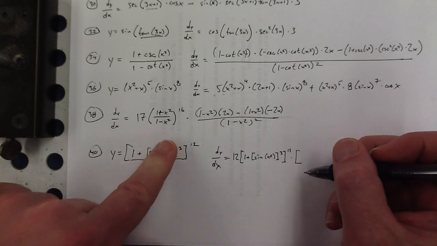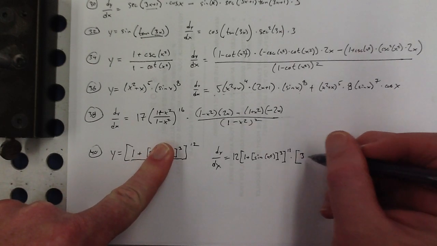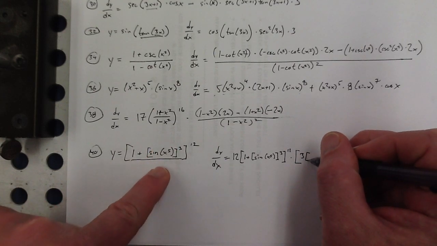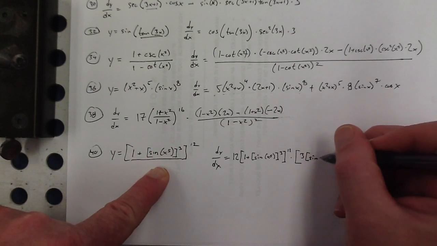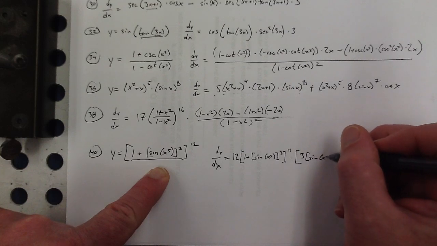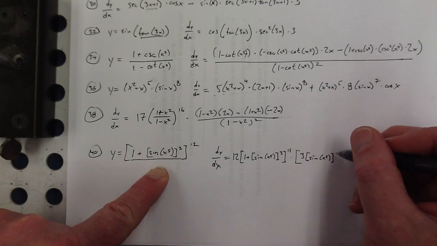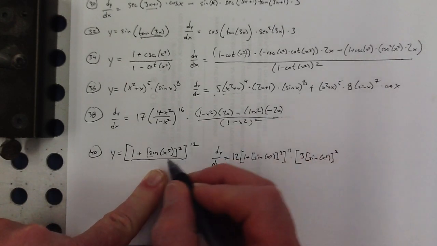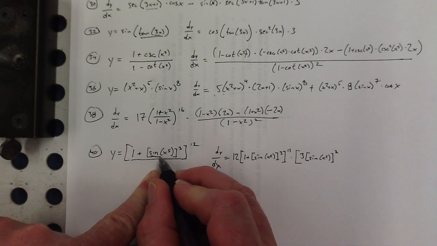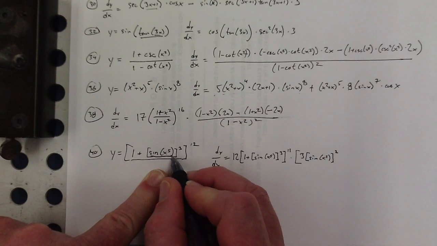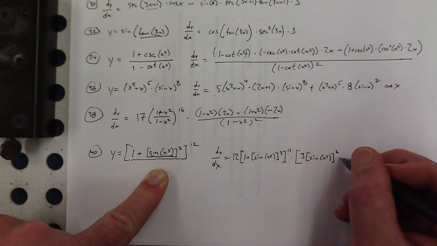And then the derivative of something to the 3rd is 3 times that something squared, and then the derivative of what's inside that,